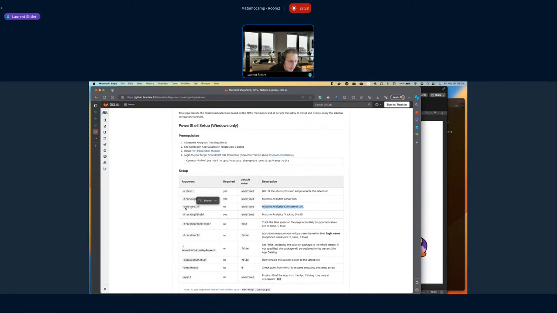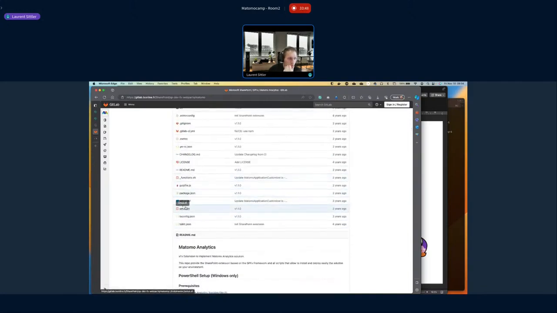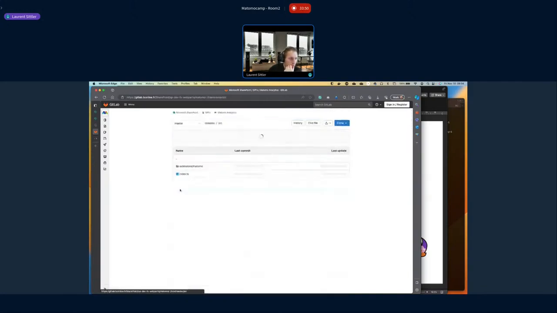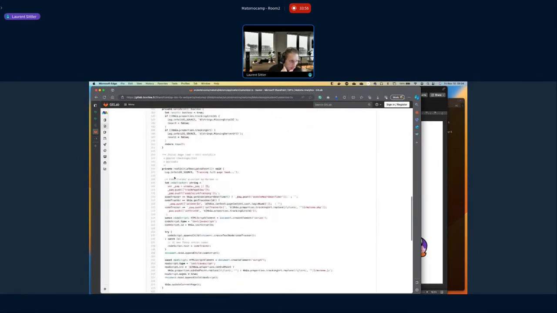So the CDN, what is it exactly? This is a content delivery network. That means you can specify a specific URL to load the JavaScript injection directly on your site. So what does that mean? If I go back to my code, you have here the main code to be able to launch the tracker on your site. And here you can directly check if you specify another